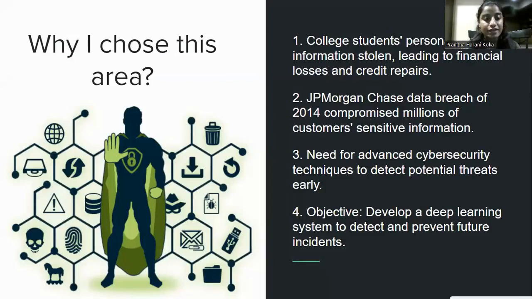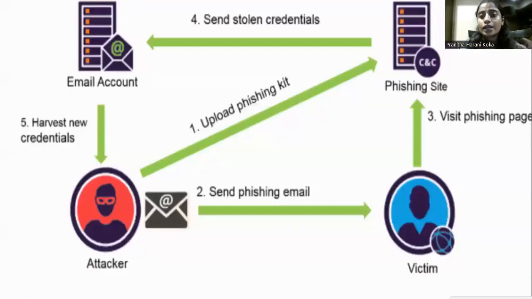My main objective is to create a system that helps in early detection, which can be done with the help of deep learning. While I'm explaining, I'm going to use the example of phishing, because recently Google and Facebook had to go through a phishing attack. How? Google and Facebook use a common vendor called Quanta.